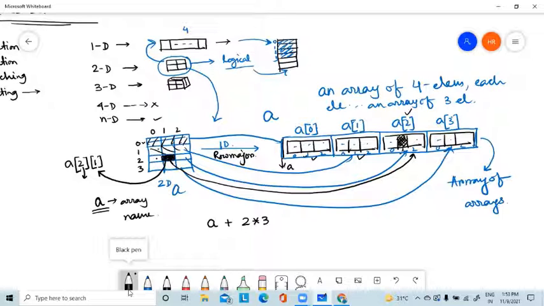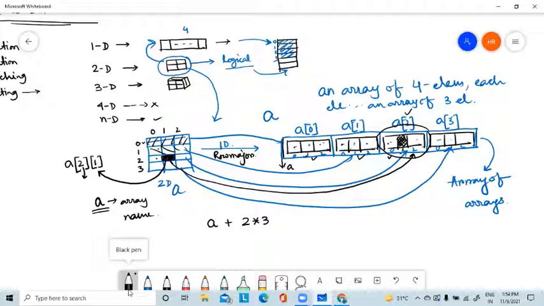Is it clear? See, this element comes after 1, 2, 3, 4, 5, 6, 7. After 7 elements, I will get this particular element. Before reaching this row, how many rows are there? There are 2 rows. What is the size of each row? 3. So 2 into 3.